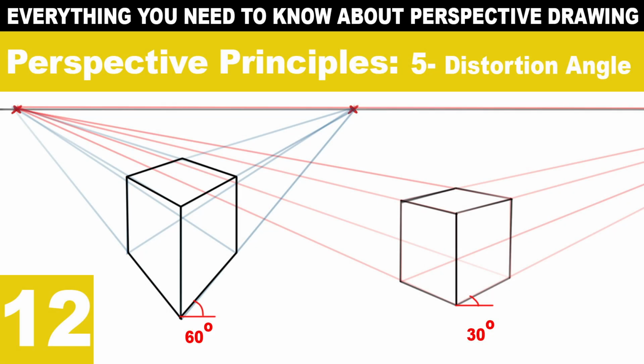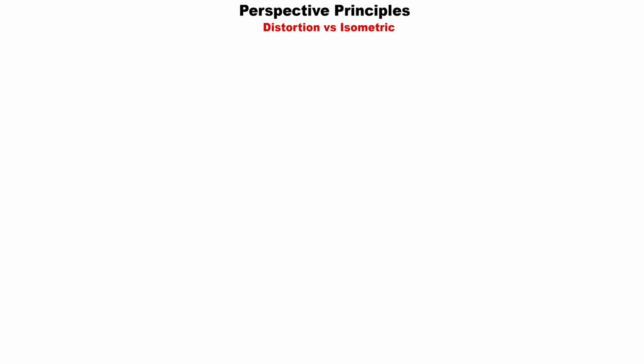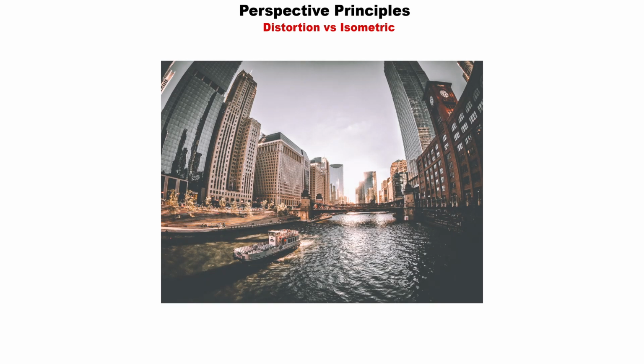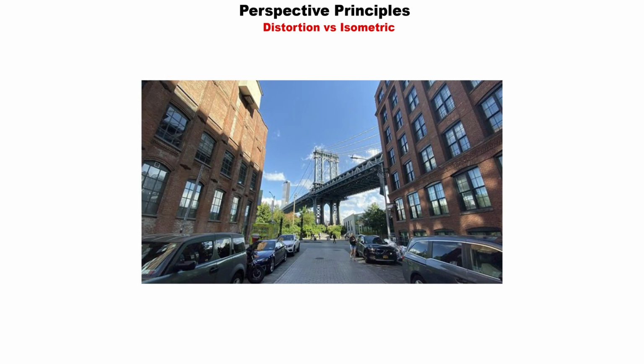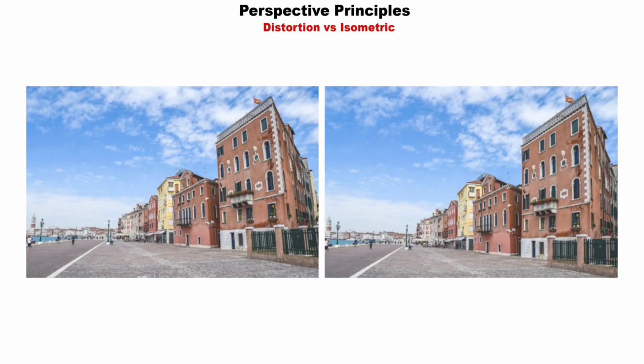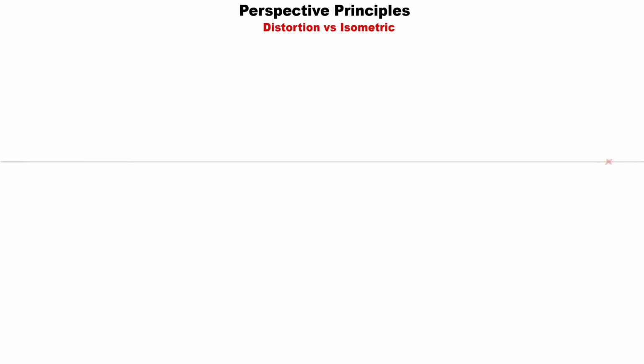Another aspect of perspective involves the level of distortion you encounter when using different focal lengths. In photography, the more extreme the focal length, the more pronounced the distortion becomes. Some distortions can transform a regular 2-point perspective into a 4-point perspective. Others can change a 2-point perspective into a 3-point perspective. And some may make objects appear extremely narrow and distorted, even in 2-point perspective. But how does this affect our drawing?